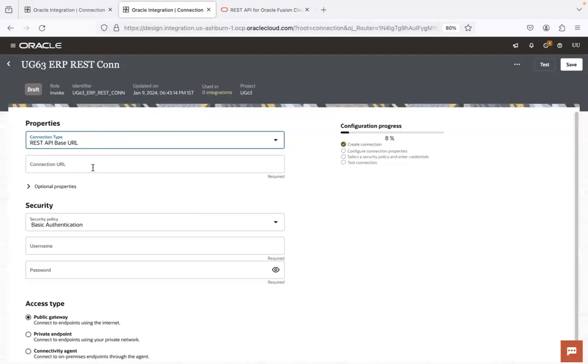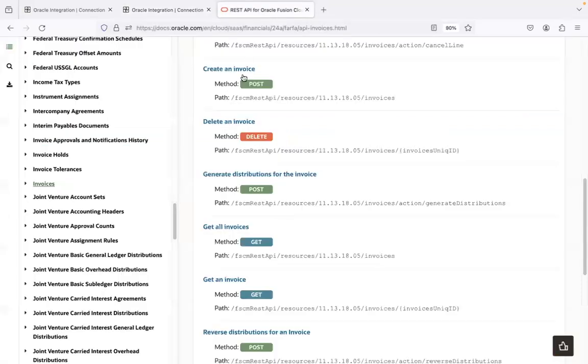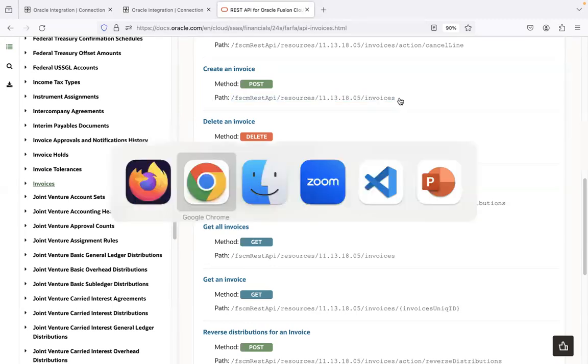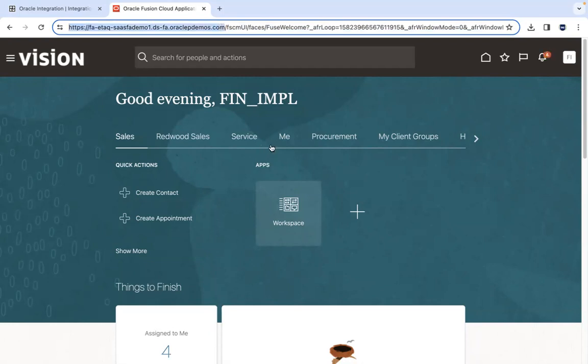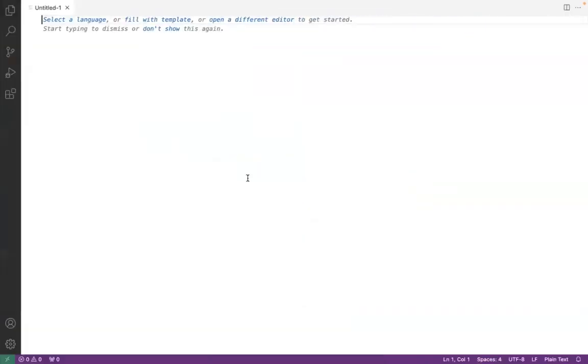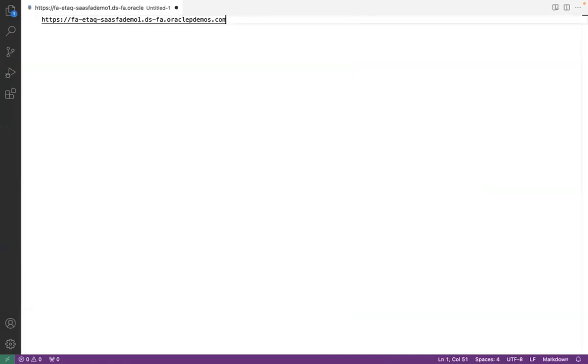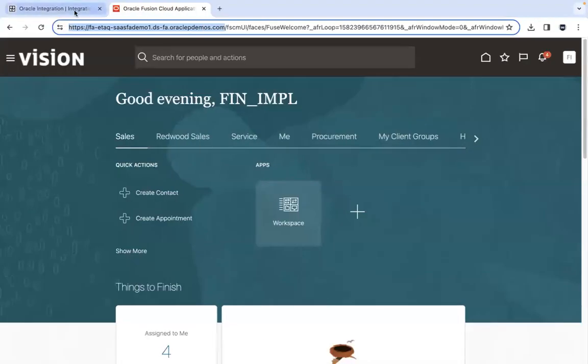And within the connection based URL, what is it that you normally enter, guys? Whatever is the path that you prefix to these URLs, right? So tell me one thing, guys, if I have to create an invoice, is this a complete path that I can invoke? No, we need to include the server prefix, the ERP Cloud instance link. So if I have to create an AP invoice in this particular application, what do I have to do? I need to put in the ERP base URL first, and after that,